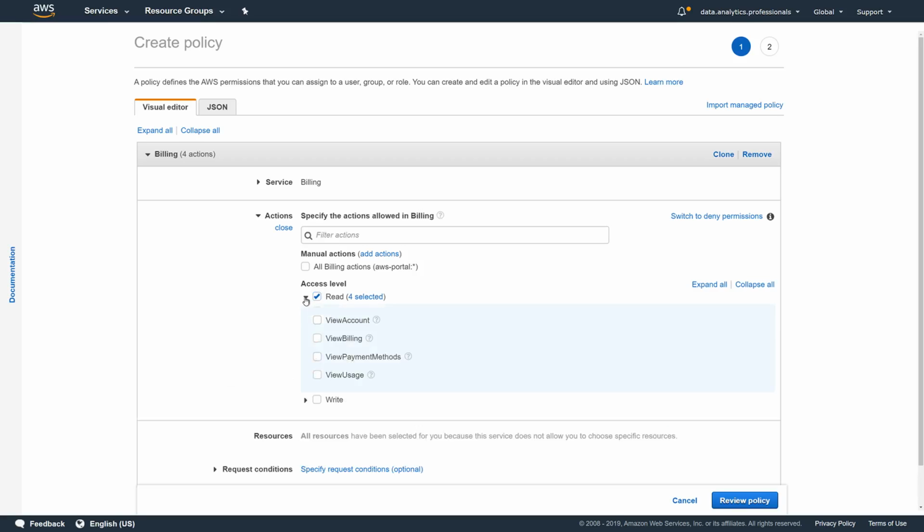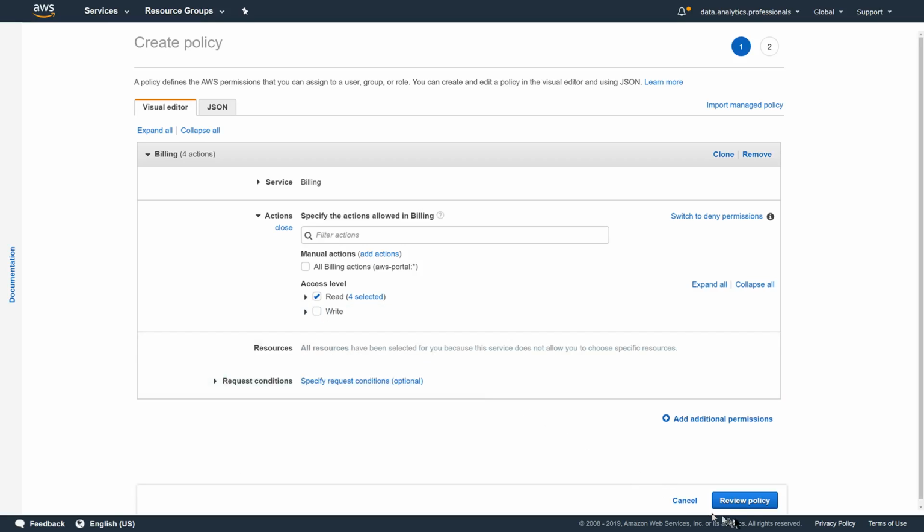Let's see what 4 we are selecting. So we are saying view account, view billing, view payment methods, and view usage. So you're giving all these permissions. Excellent. Here, if you see, we'll click now on review policy,